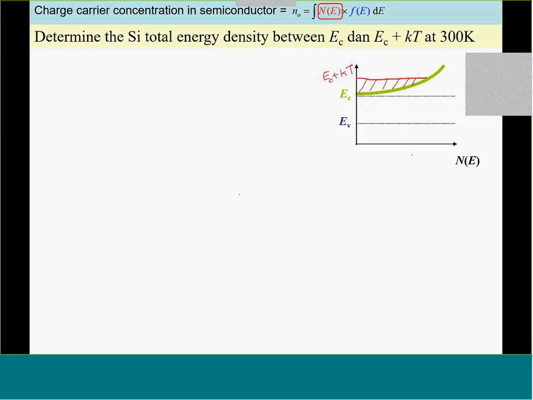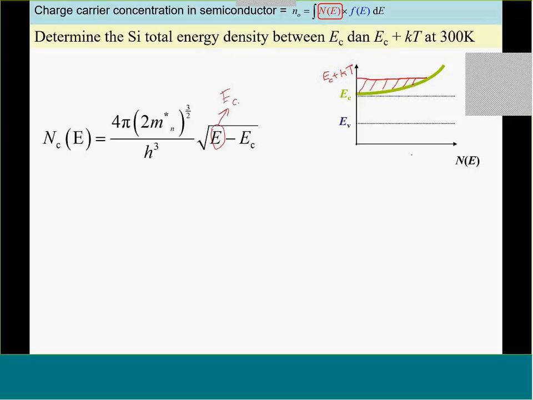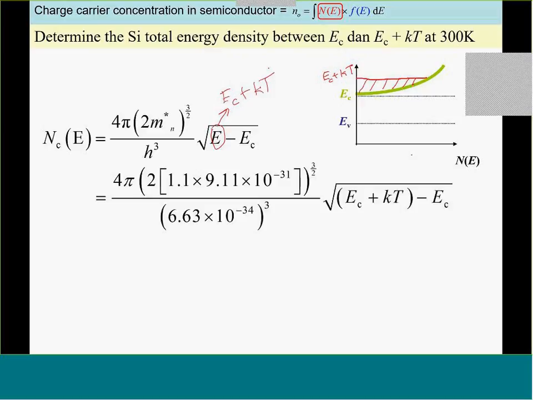So to go about doing it, of course our equation just now, where our E now is EC plus kT. You can see here, so this is 4, and then 4, 4, 5, and your m star, your effective mass of electrons,